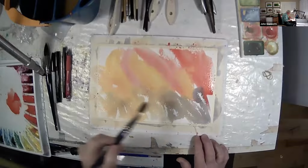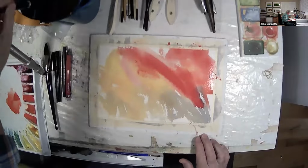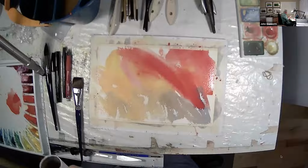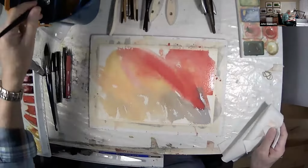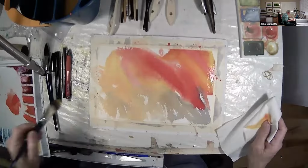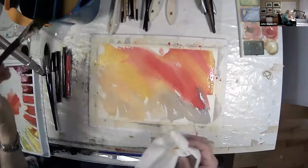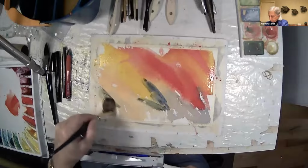Now I'm going to get a little bit more bold. I also have some paper towels that I keep nearby. Every now and then I'd like to dry my brush because it gets too much paint on it. And I want some yellow now, a little bit brighter. So I'm going to go right into the